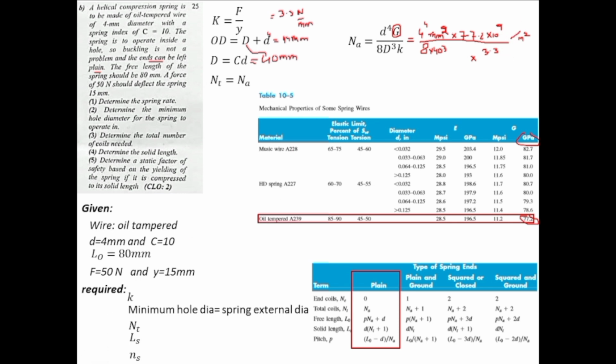Now what you will have to do is to convert this millimeter square into meter square, as 1 meter is equal to 10 raised to the power 3 millimeter. So dividing it over here, 10 raised to the power minus 3 meter will be equal to 1 millimeter, and when you square it, it will give you